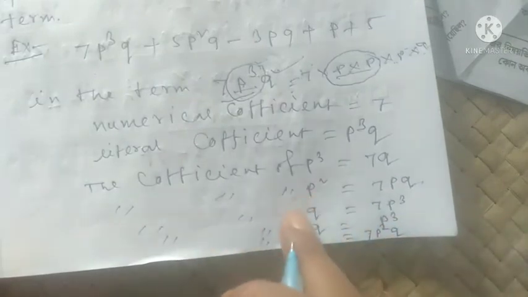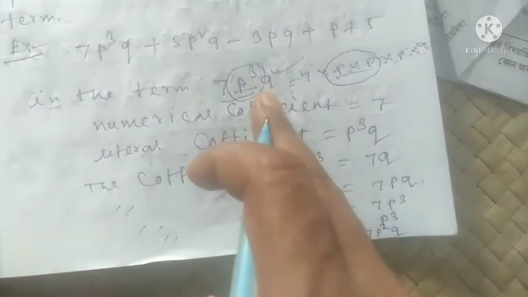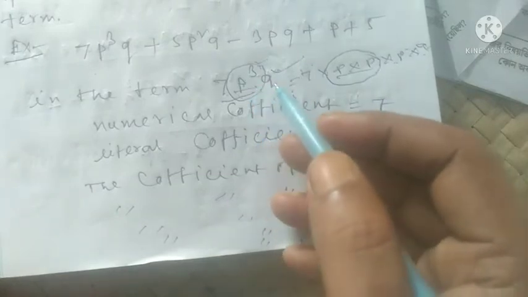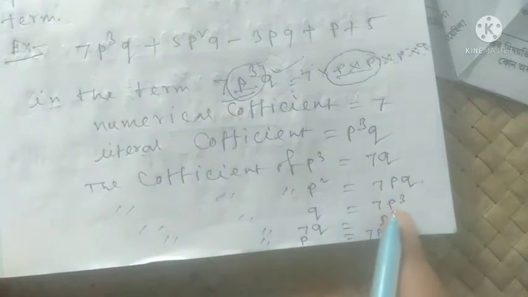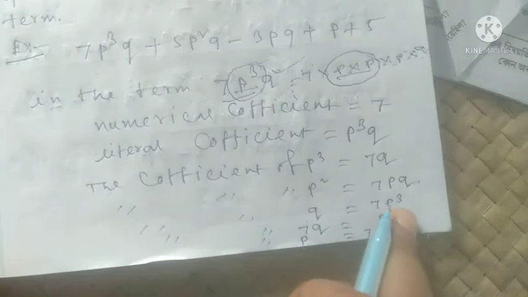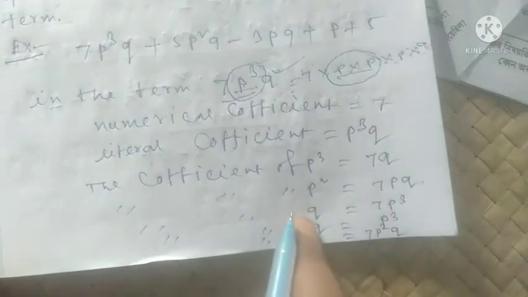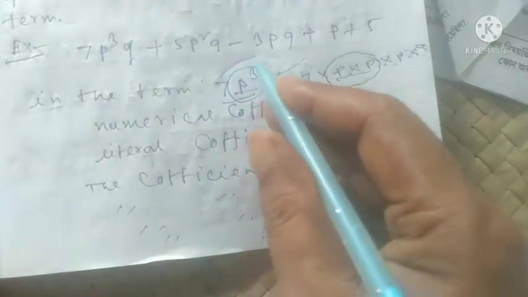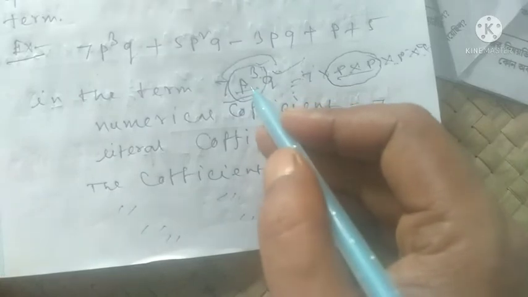Again I am telling you what the coefficient of Q is. When you write the coefficient of Q, you have to write only the terms without Q. That means 7PQ, because you should not write the Q. And when you find the coefficient of 7Q, you should not write 7 and Q. That means you have to write only PQ.